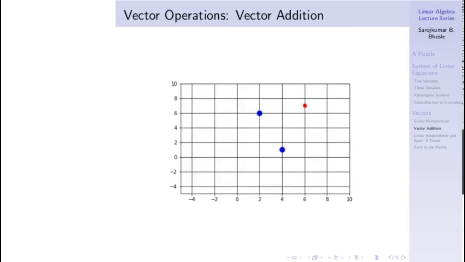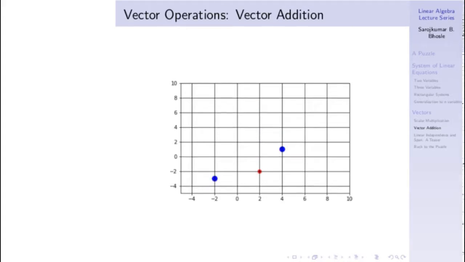Now coming to the geometry of vector addition. Again, let's consider we have 2 points. Let's say this is point x and this is point y, or this is vector x and vector y. Their alternate representation can be like this. So this is how point x is represented, this is how point y is, and their addition is this. So this is the sum of those vectors. Similarly, if we consider another case, this is x, this is y, and this is their addition.